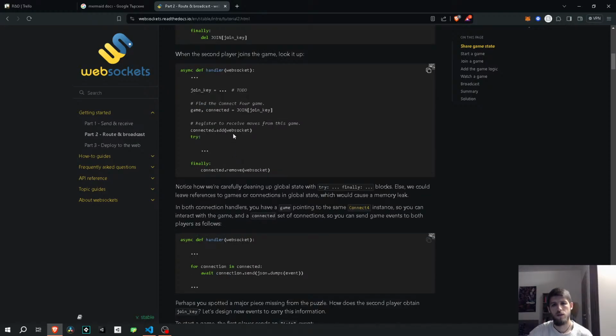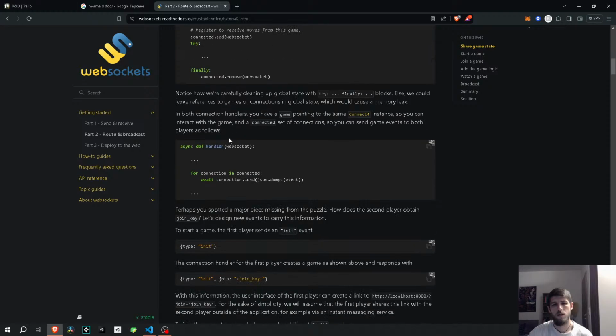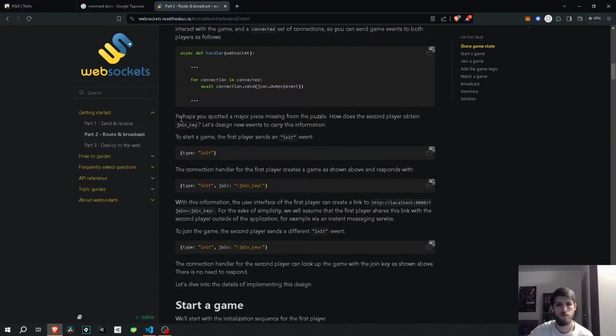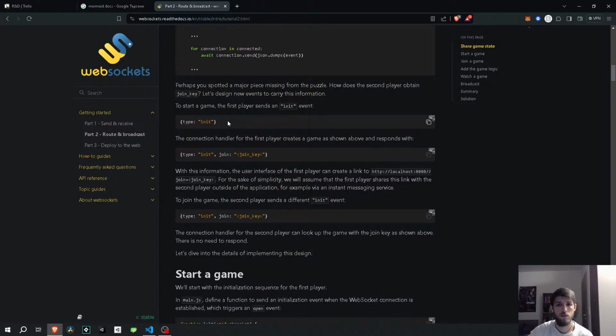But all right, maybe we have to check the full version of it. Perhaps use puzzle major piece missing from the puzzle. How does the second player obtain join key? Let's design new events to carry this information. Start a game. The first player sends an init event. Okay, so first player enters, tries to access the game,